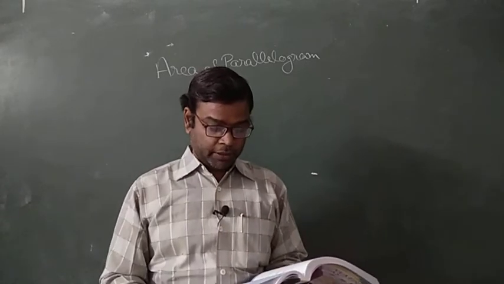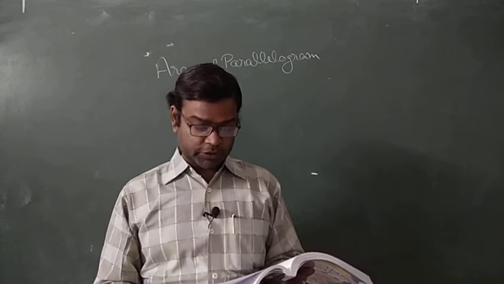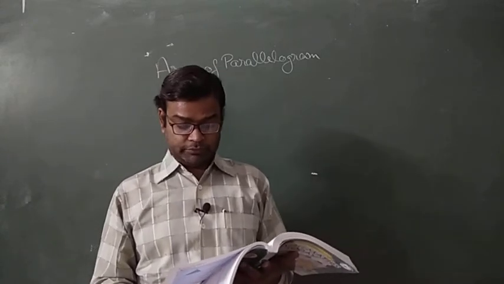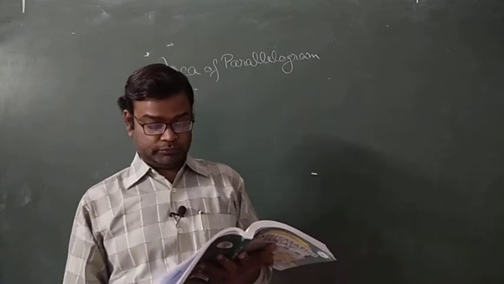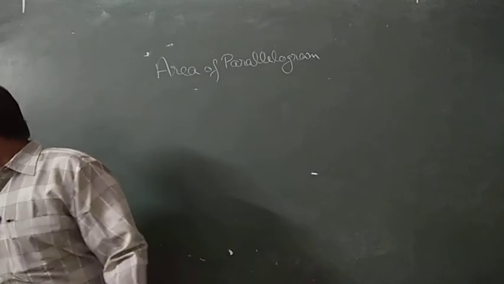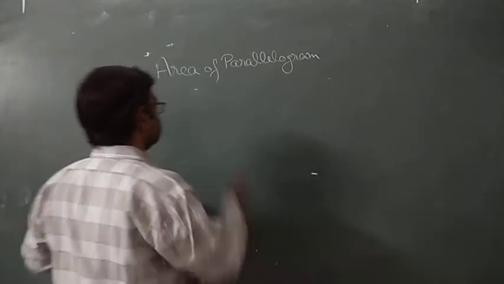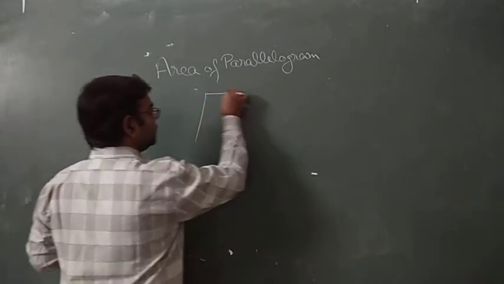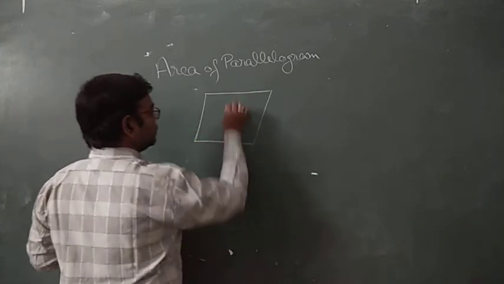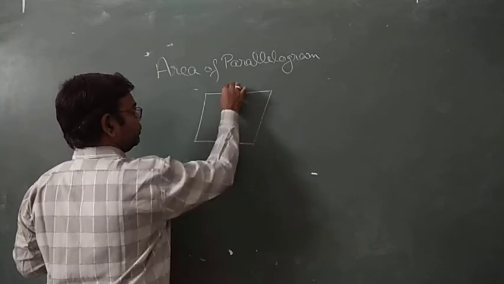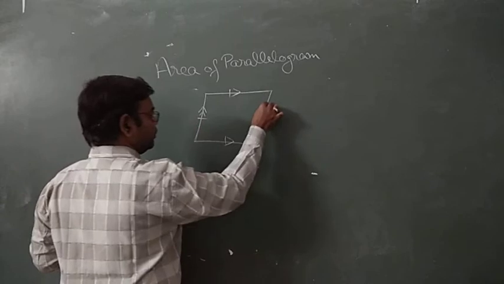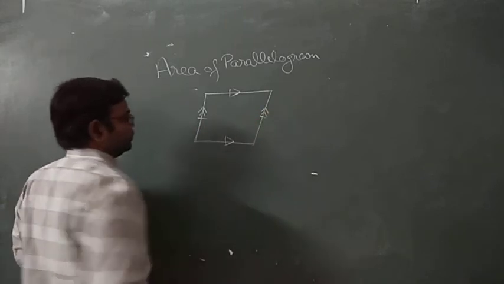Now, the next one is a very good question. The side of a rhombus is given and its height is given. Find the area. So let's try to solve this question. As we know, a rhombus is a parallelogram that has all the sides equal. This is parallel to this one and these two are equal. Even this is parallel to this one and these two are equal.